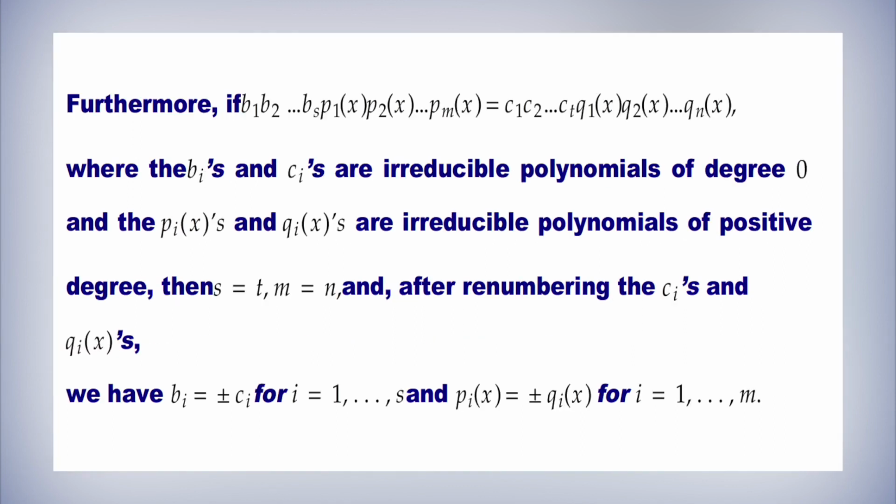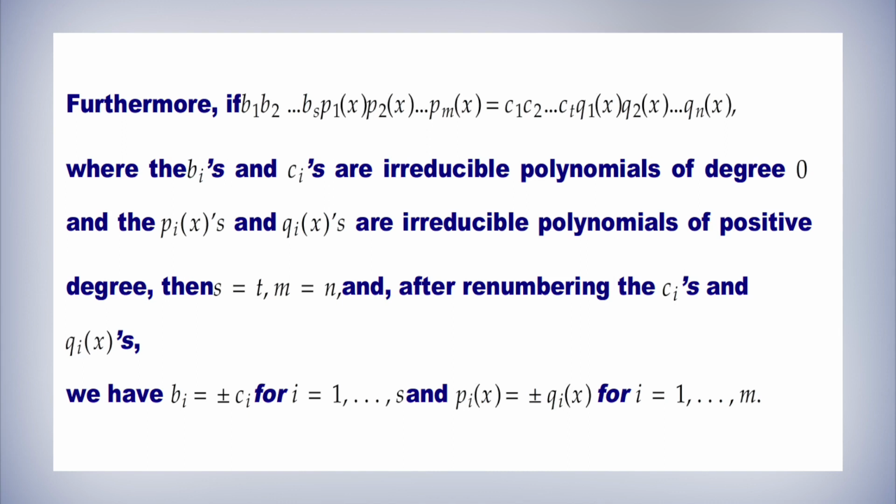Furthermore, if B1, B2, and so on up to Bs, P1 of x, P2 of x, and so on up to Pm of x is equal to C1, C2, and so on up to Ct, Q1 of x, Q2 of x, and so on up to Qn of x, where the Bi's and Ci's are irreducible polynomials of degree 0 and the Pi of x's and the Qi of x's are irreducible polynomials of positive degree, then S is equal to T, M is